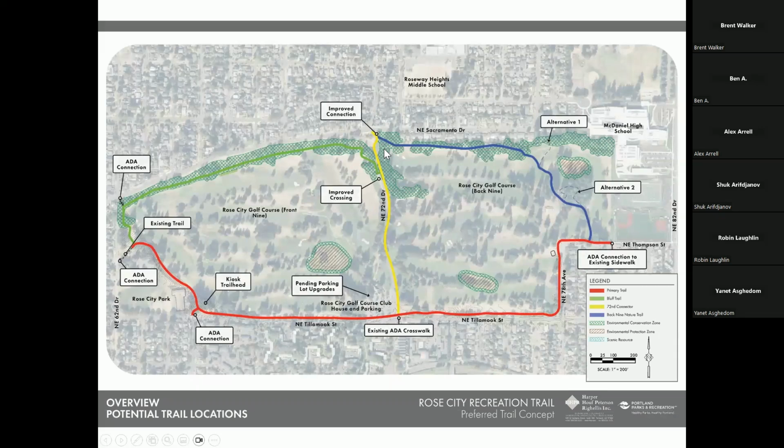And we have talked to PBOT a good bit about that safe route to school. We have heard a lot from community members about that being a primary connector up to Roseway Heights Middle School. And we are definitely investigating how we can improve that as a safe route for kids to get up to school, as well as the red route for folks to get walking over to McDaniel High School. And then the blue back nine trail, that obviously does not currently exist. So that would be part of that goal that Metro laid out of increasing access to nature and getting folks away from busy streets so they can have that calming experience. So that's the overall trail